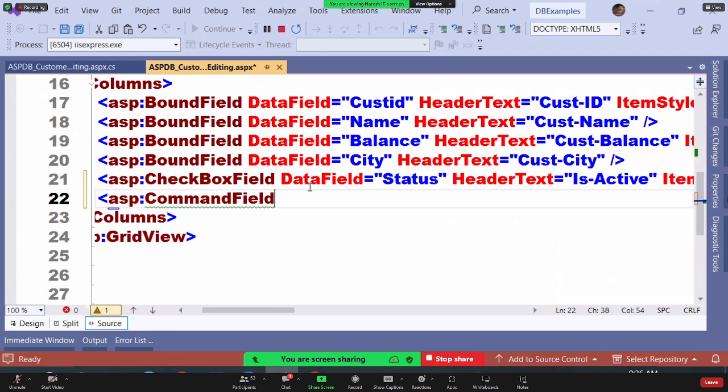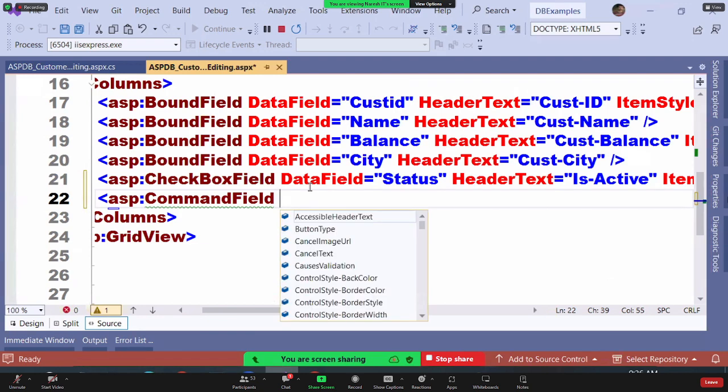Last class I listed you all the different options. Remember? Bound field, checkbox field, command field, template field, image field, hyperlink field. I showed you all the options there. We have something called a command field. You can use this command field. Okay, command field. And here,